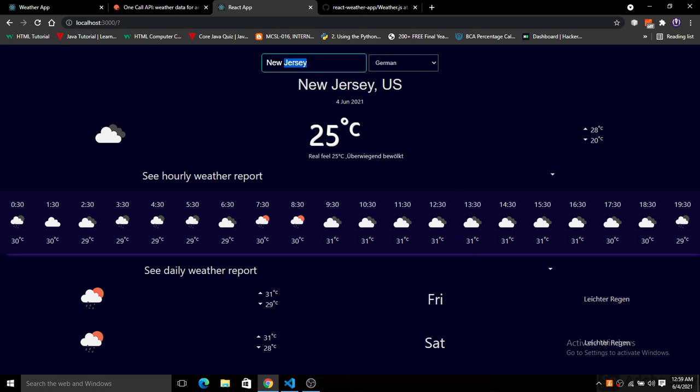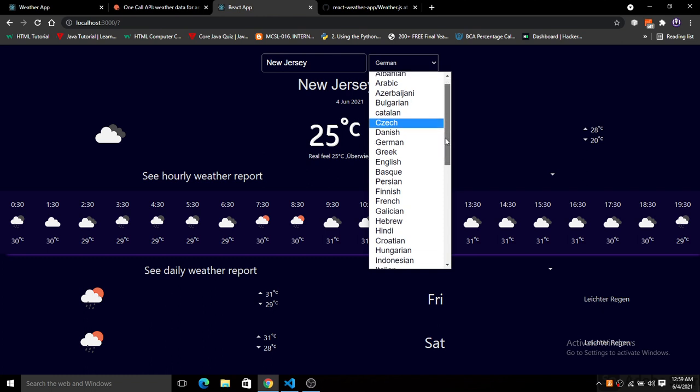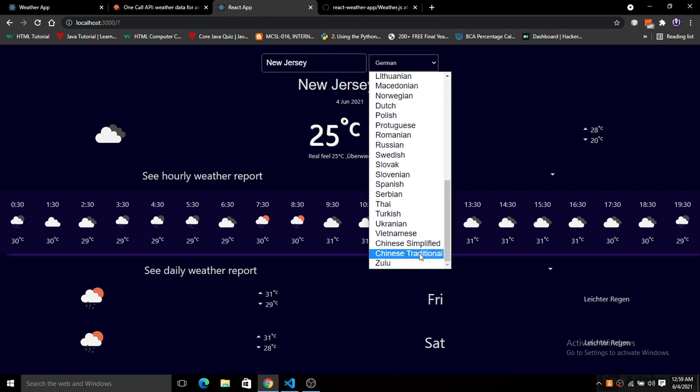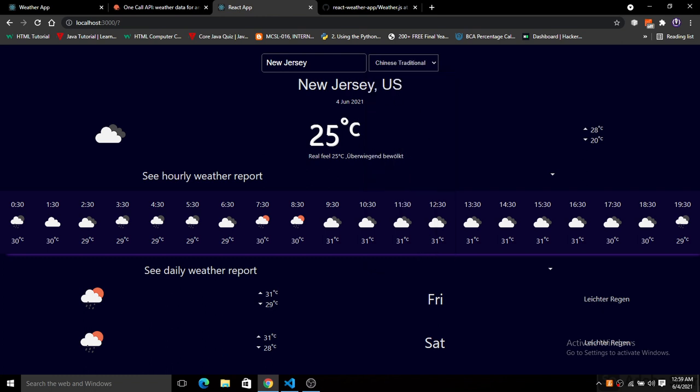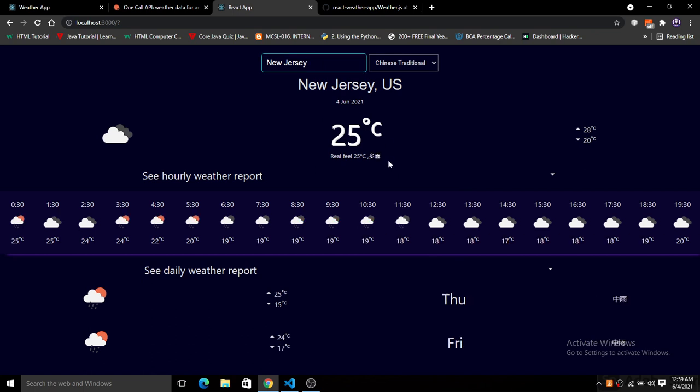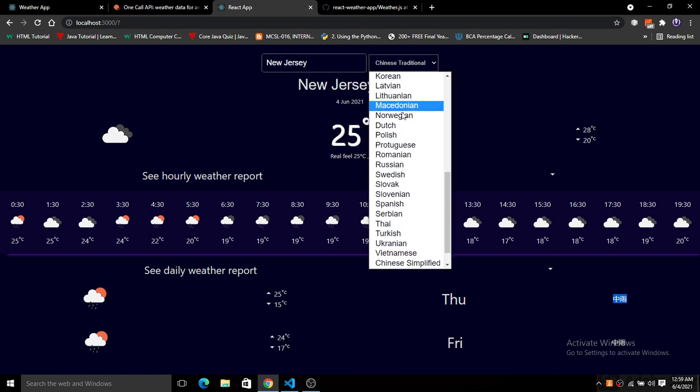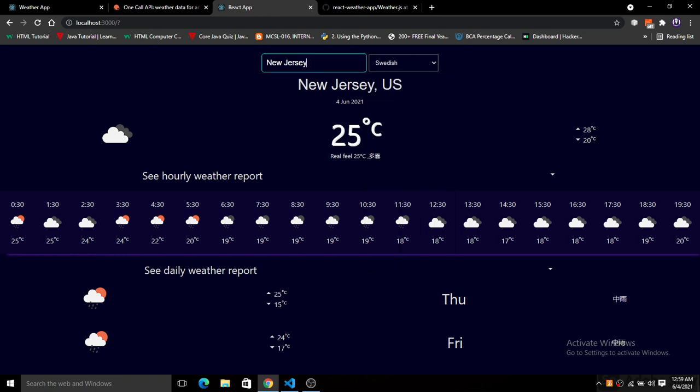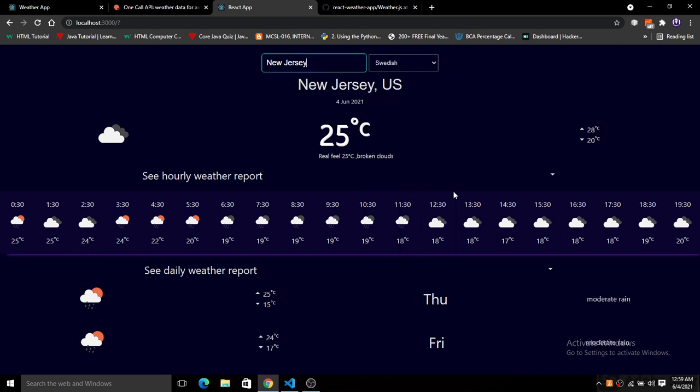Okay, let's convert the language back to Chinese. I don't know Chinese, but you can see here the description is converted to Chinese. We can convert the whole thing to the Swedish language also.